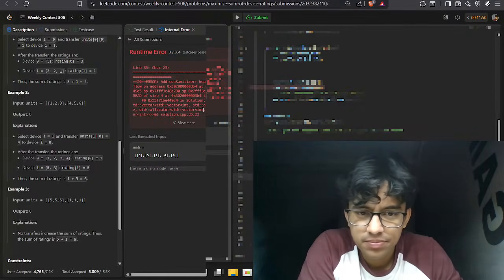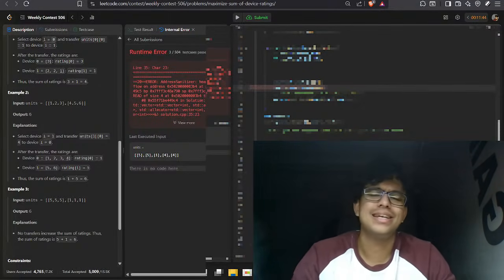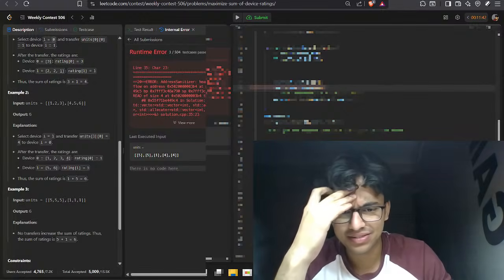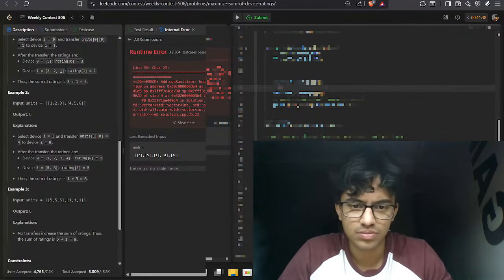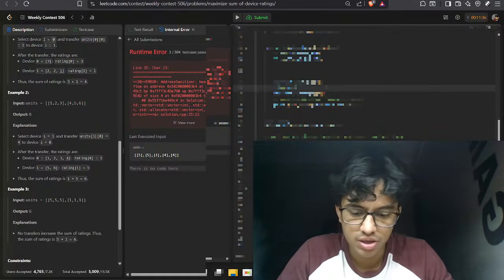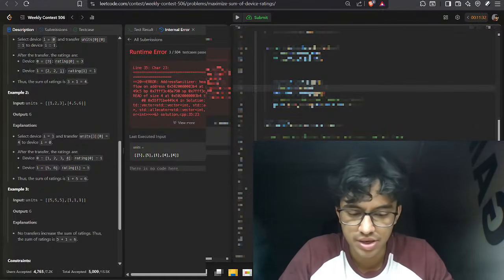Heap buffer. Oh. But what are these stupid test cases my code is failing at? If units dot size is greater than 1,